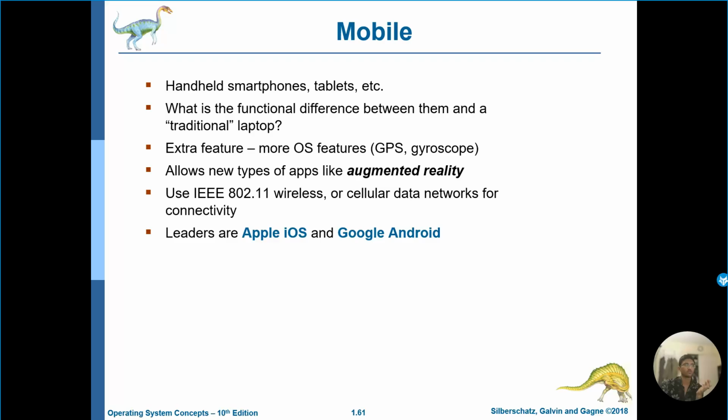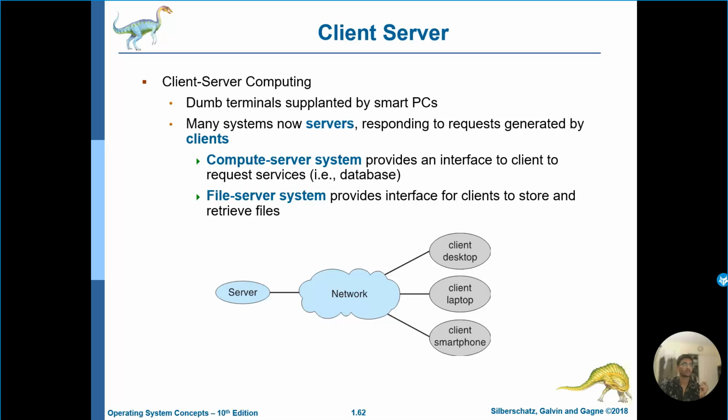Mobile systems are mobile phones, right? They also have an OS. In our modern day phones, you have a GPS, gyroscope. There are so many things with it, right? You have the newer types like augmented reality, right? So if you look at it, a phone today is much more powerful than a laptop, and that explains why some phones, like an iPhone, are more expensive than a laptop. A phone is more expensive than a laptop for these features that it brings along, right? And if we look at a client server model,